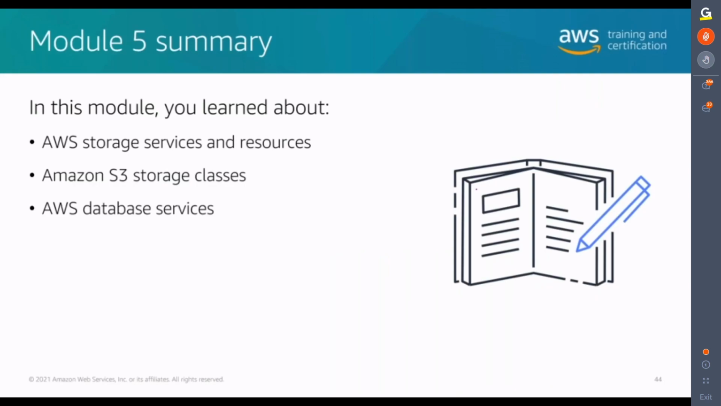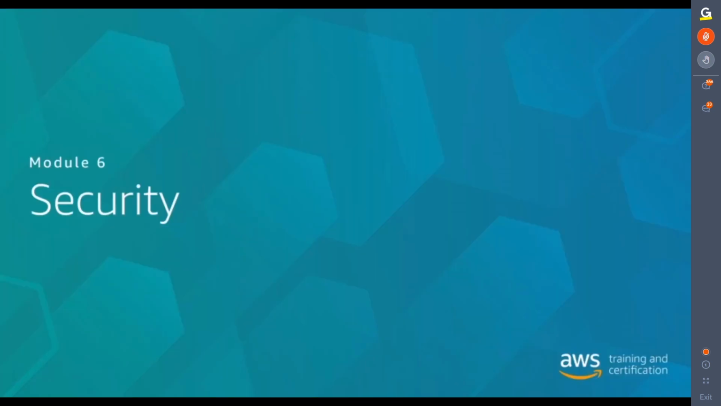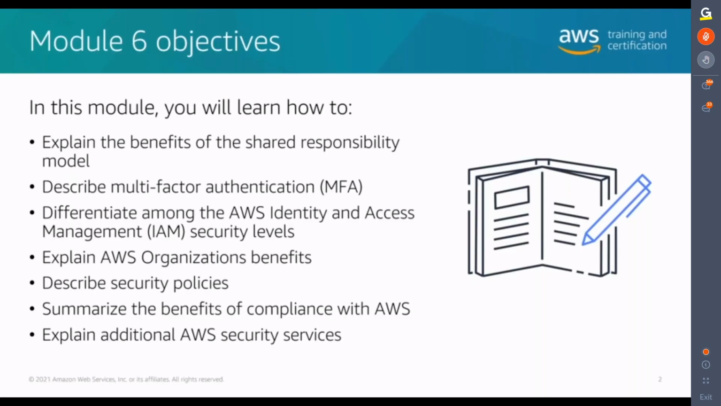In that chapter, we talked about storage and we talked about databases. All right, let's move on to a new one here. And this one's going to be about security. All right, should be able to see the new PowerPoints right about now. And so in this chapter, we're going to talk